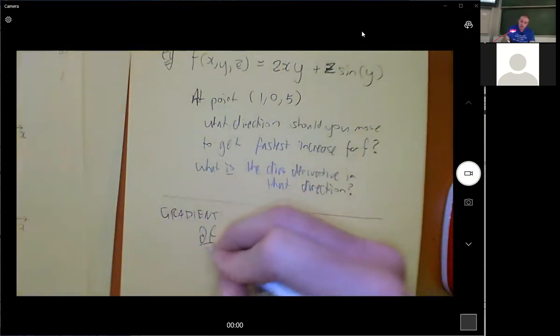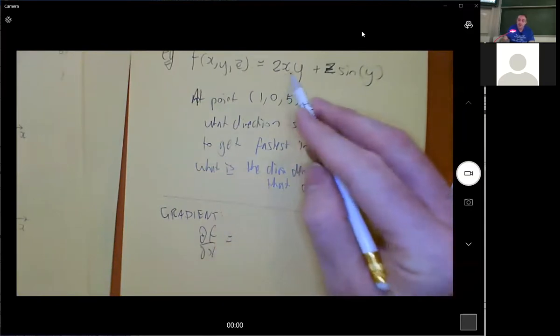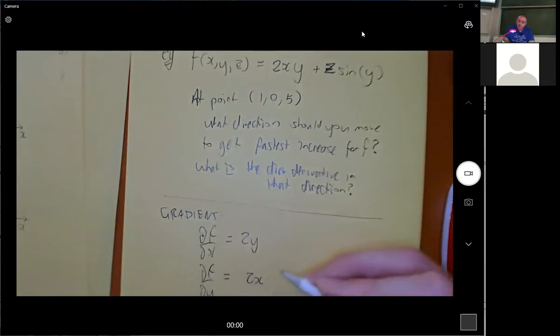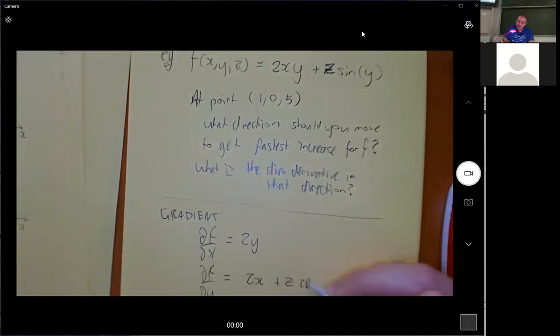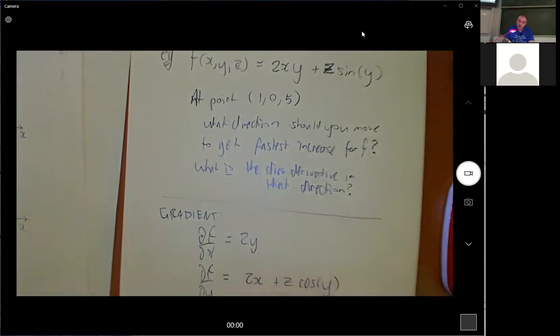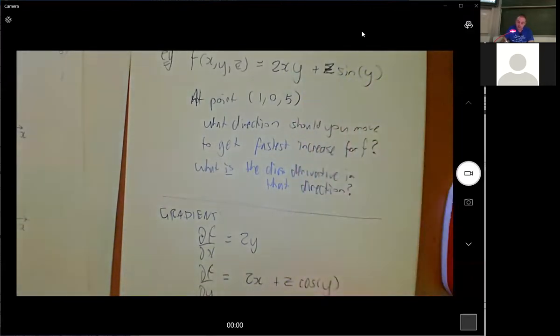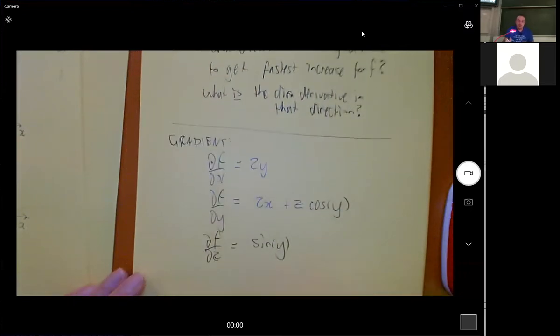So df/dx is 2y. df/dy is 2x plus z cos y. df/dz, that doesn't have a z. That's the constant next to the z, which is sine y. And so at (1, 0, 5),